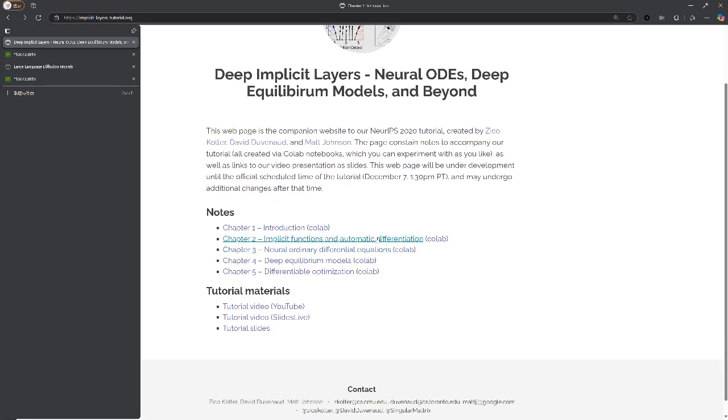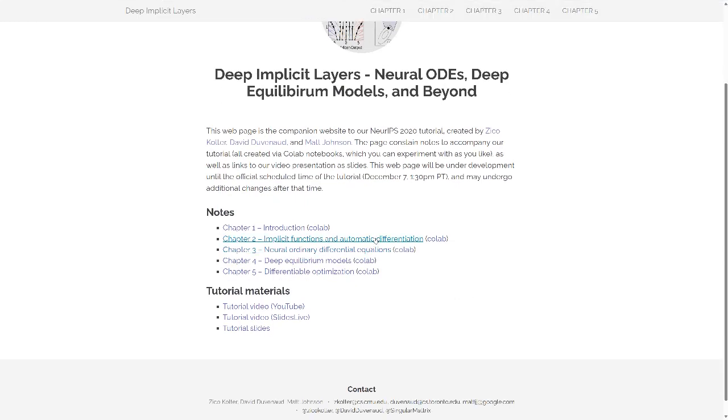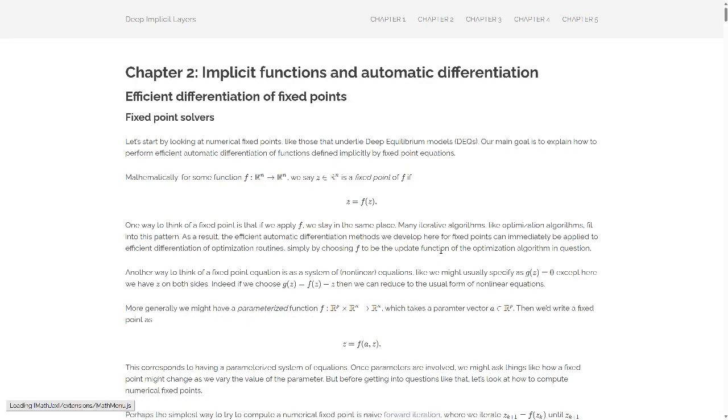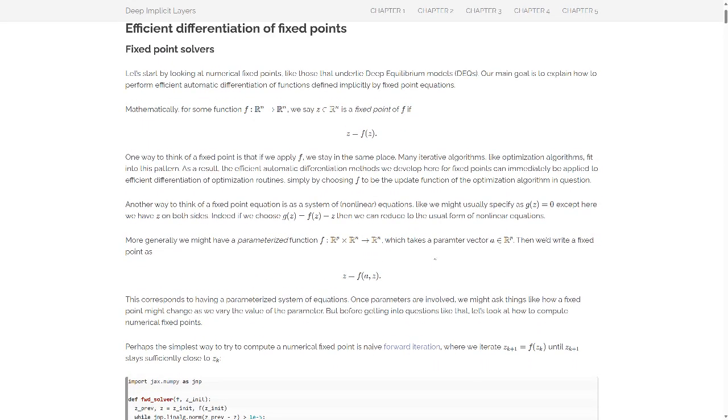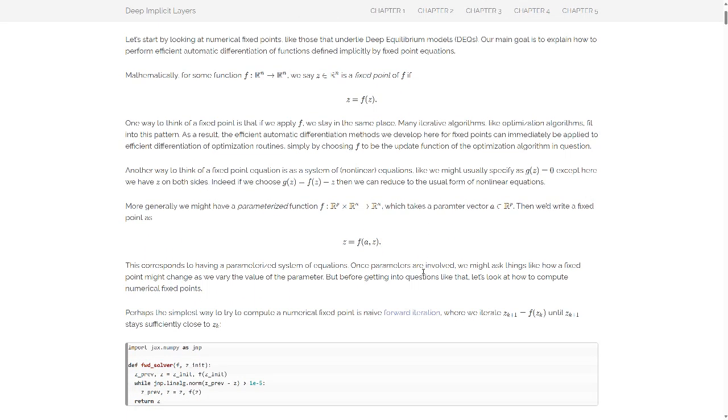Like refining an answer over and over until you hit a stable point. Exactly. The research uses a great example with the tanh function. Imagine an update rule like this: z equals tanh(Wz + x), where W are your weights and x is the input. You start with z as all zeros, plug it in, get a new z, and just keep going until it